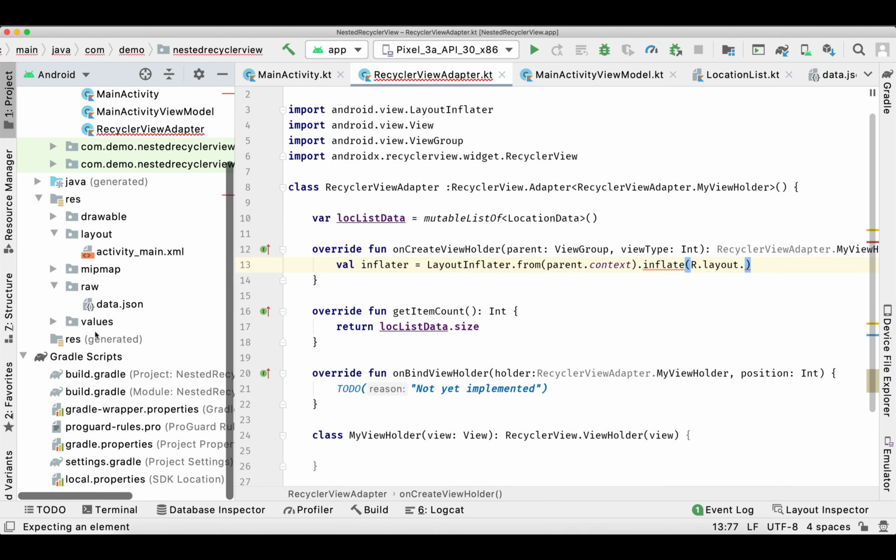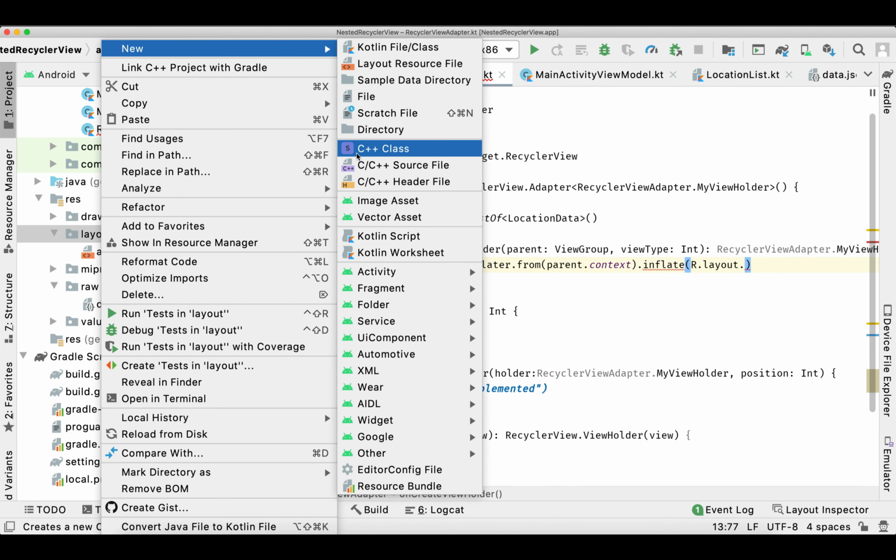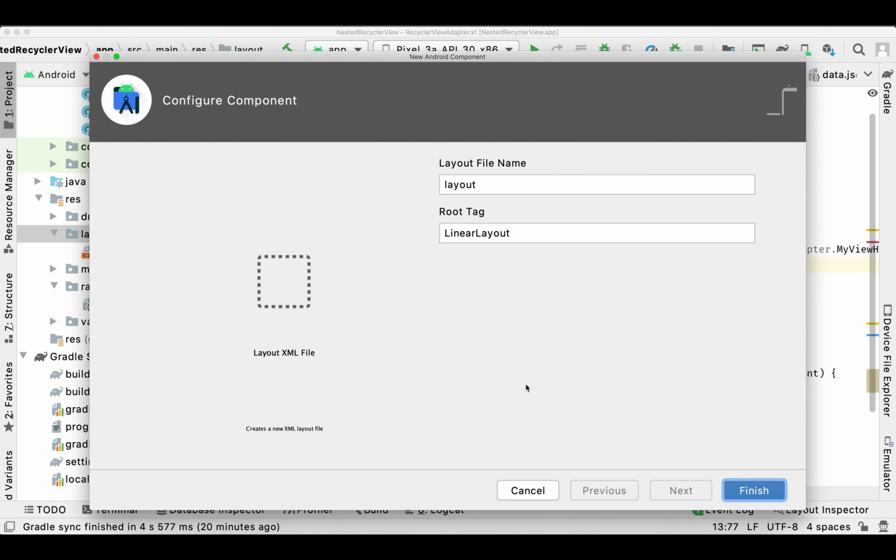Now we need a layout file for our recycler view, how it's gonna look like. So I'm creating a separate layout file.